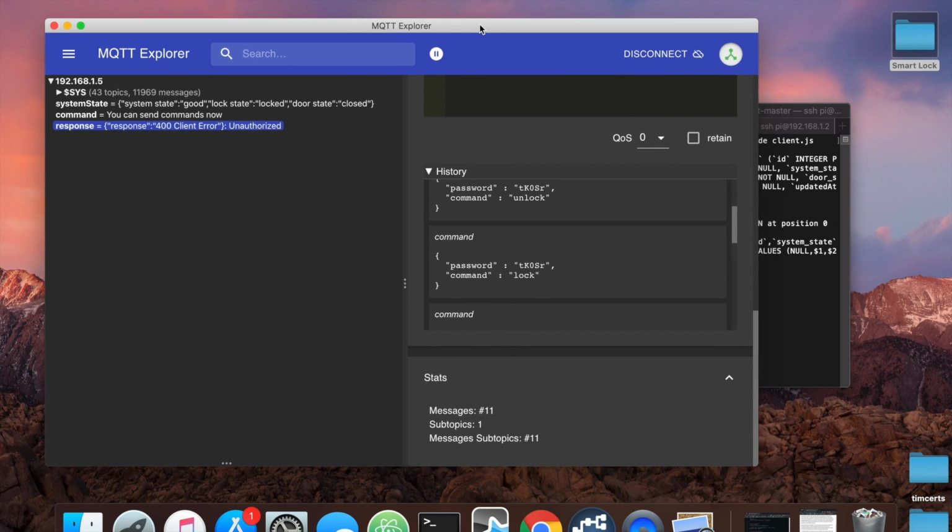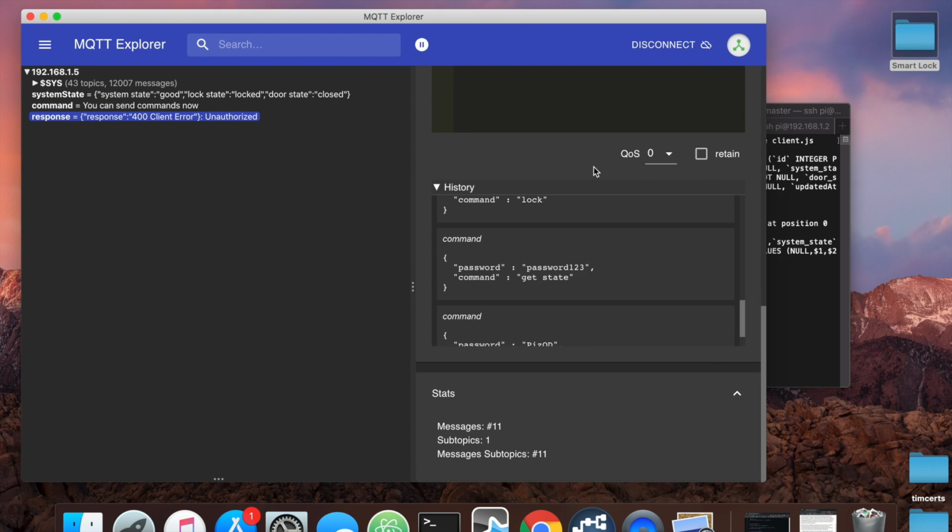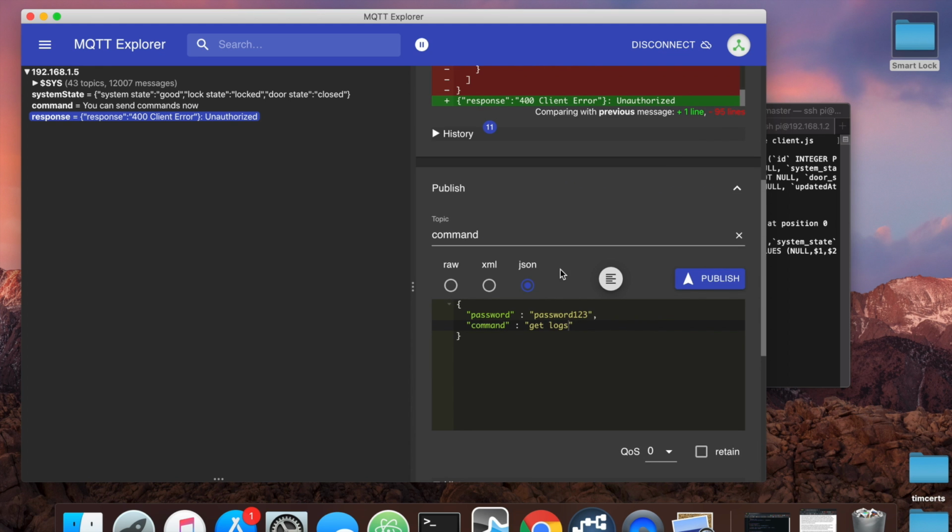So the lock client is started, and now here's the MQTT Explorer application that allows messages to be sent from the desktop. So if you request, let's do get state first. So if you send a get state request, then it returns the current state of the system, and then if you send a lock request,